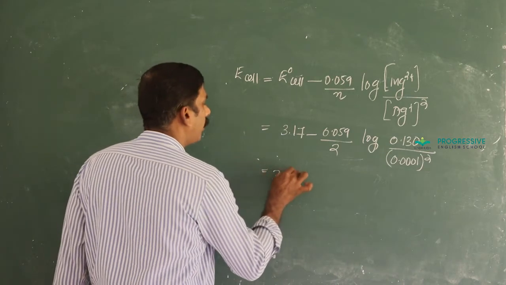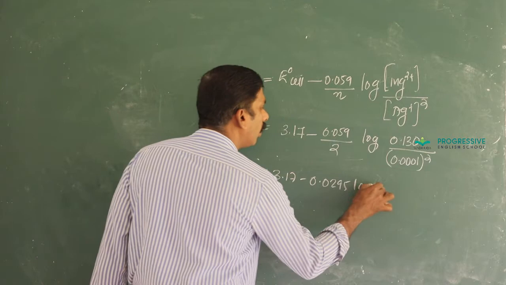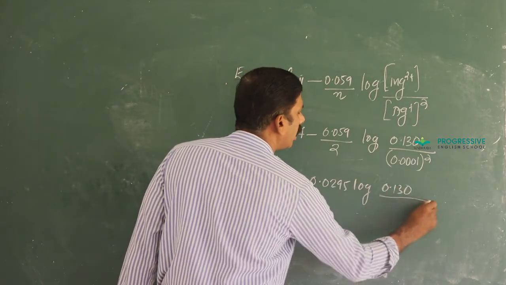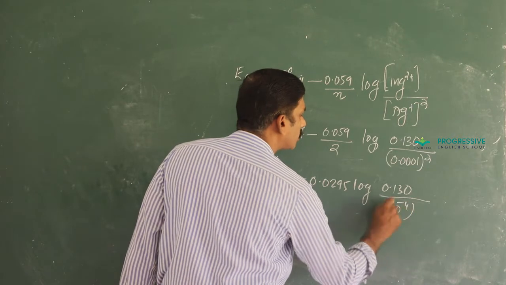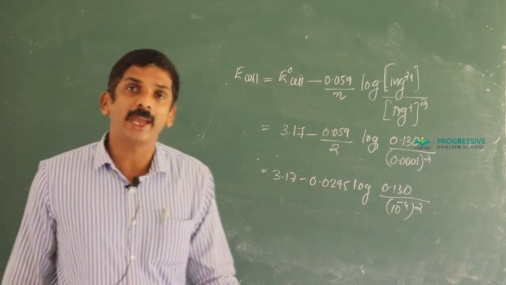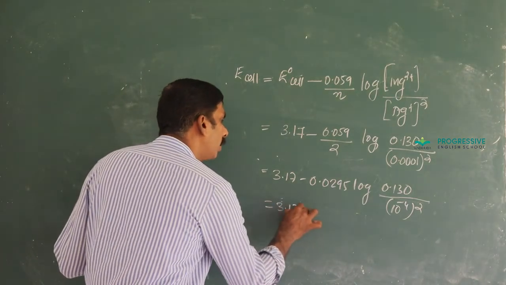That is 3.17 minus 0.0295 log 0.130 divided by 10 raised to minus 4 square. 10 raised to minus 4 square means 10 raised to minus 8, and it becomes 3.17 minus